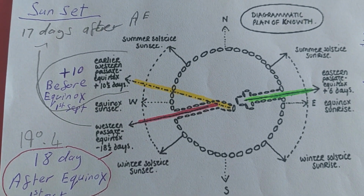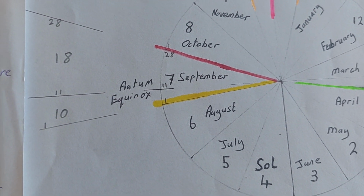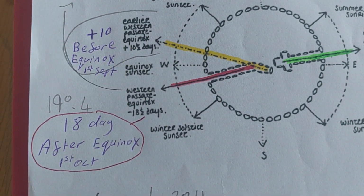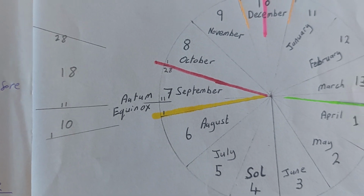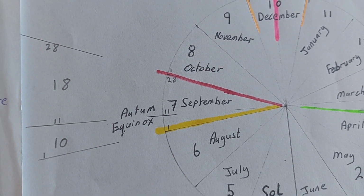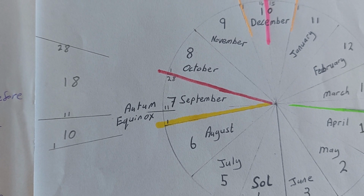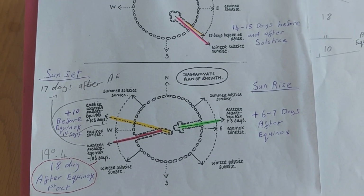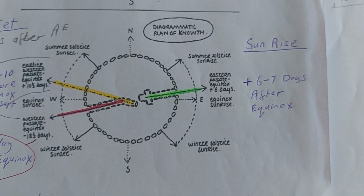Again, no specific date on the Gregorian calendar, but the yellow line here, the inner chamber, would mark Sunday, the 1st of September, 10 days before the autumn equinox, which would happen to land on September 11th. The outer chamber in red lines up 18 days after the equinox. 18 plus 11 will take us to Sunday, the 1st of October. So the inner chamber and the outer chamber would mark Sunday, the 1st of September and Sunday, the 1st of October. So that's all the chambers marking specific dates, but most importantly, Knowth East marks Sunday, the 1st of April,